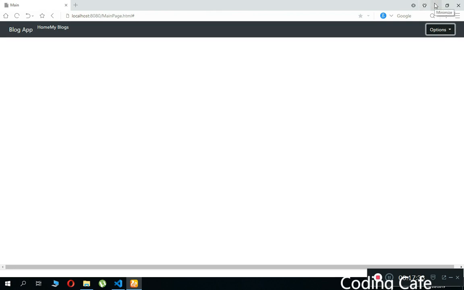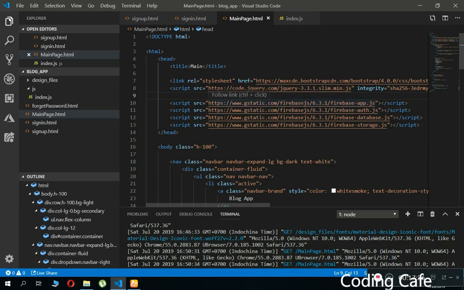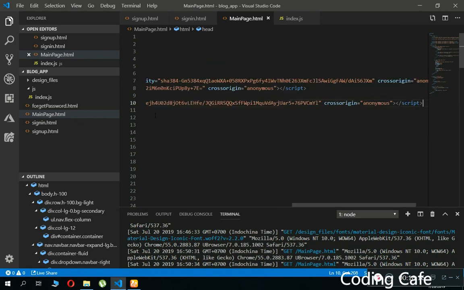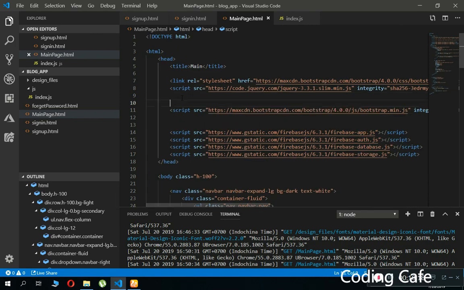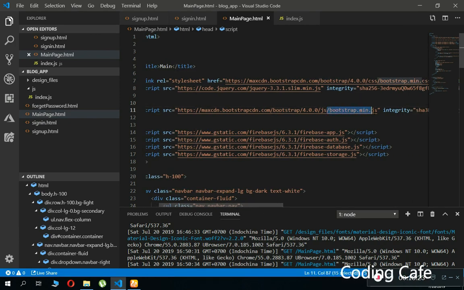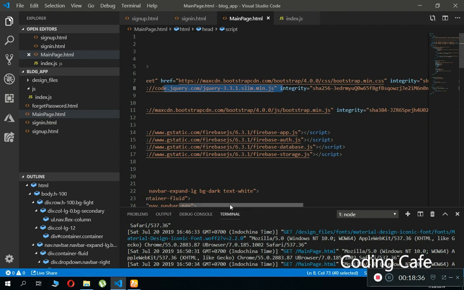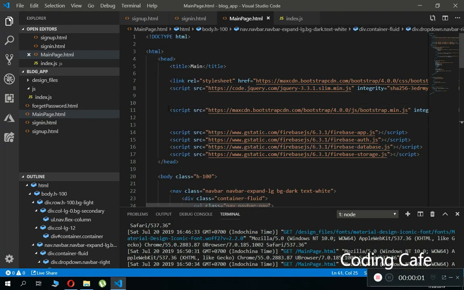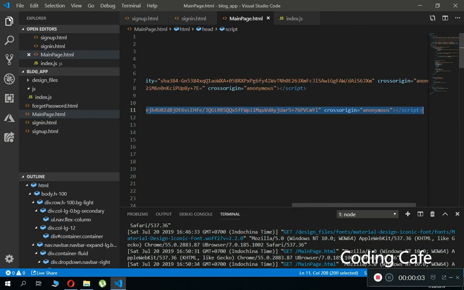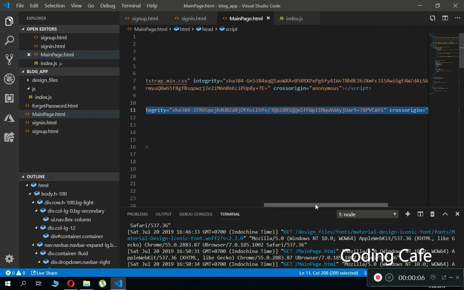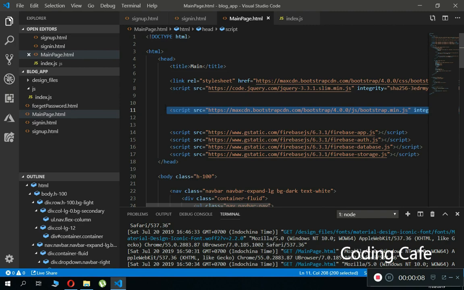Oh, my blog. Okay, so now what I'm going to do is take this one link for including bootstrap. Whenever we use bootstrap, we use bootstrap.min.js and bootstrap.min.css. This is for the CSS, this is for bootstrap overall, and this one is for jQuery. I forgot to mention all of these three links. Also make sure to copy this link, which is bootstrap.min.js. Okay, copy it